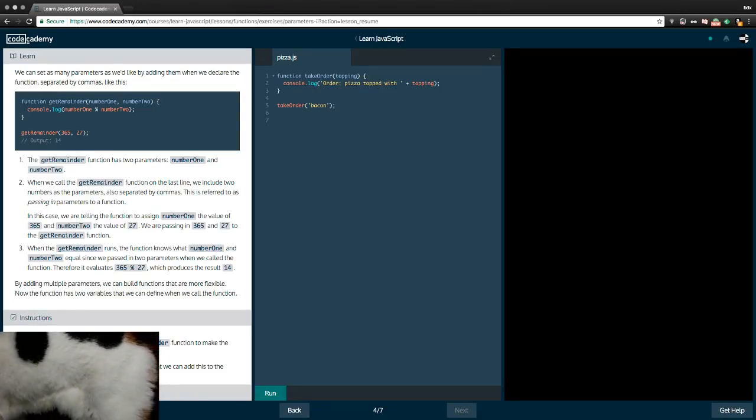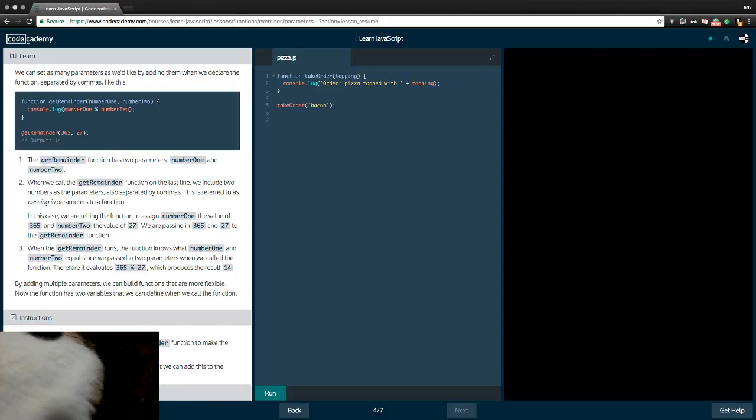Good. Okay, we include 2 numbers as the parameters, also separated by commas. This is referred to as passing in parameters to a function. In this case, we are telling the function to assign number 1, the value